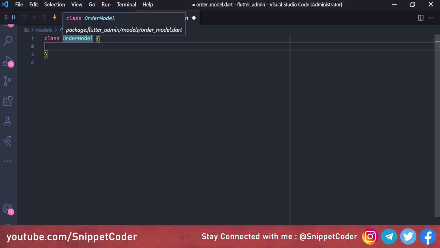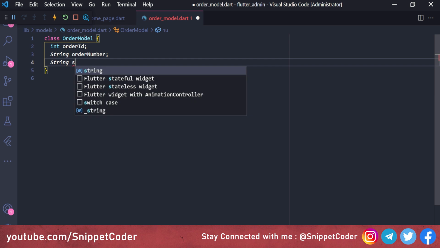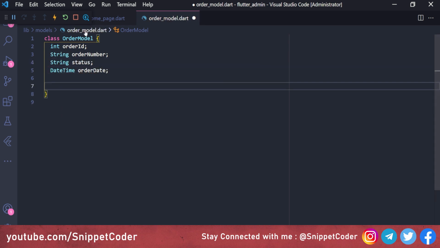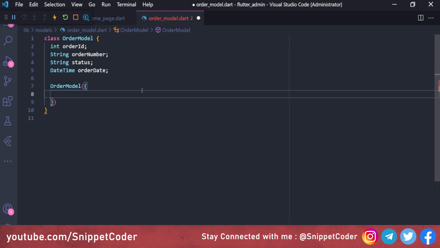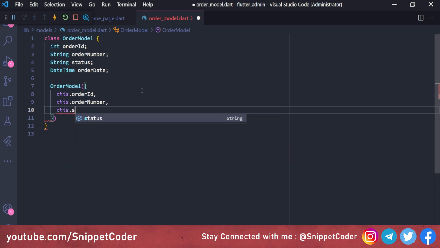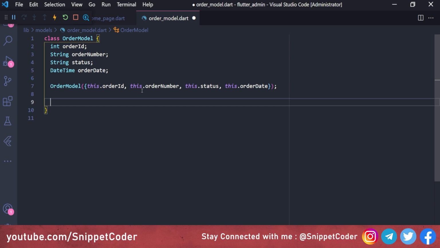So here we have the class OrderModel, and then we have to create an int type orderId, then a string type orderNumber, then a string type status, and then a DateTime type orderDate. Now here we will create a constructor, with this.orderId, this.orderNumber, this.status, and this.orderDate. And then we have to do the mapping here, and here we have OrderModel.fromJson,